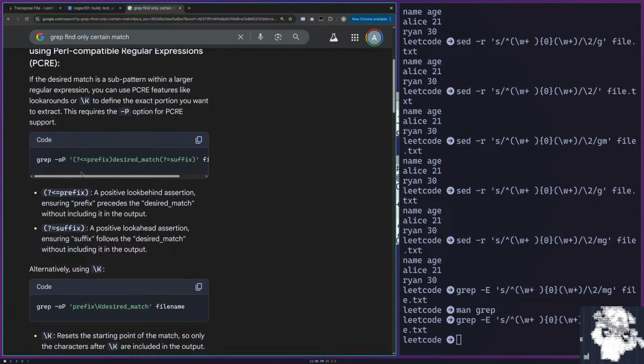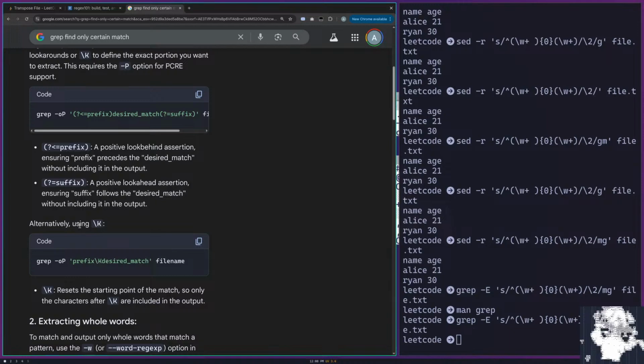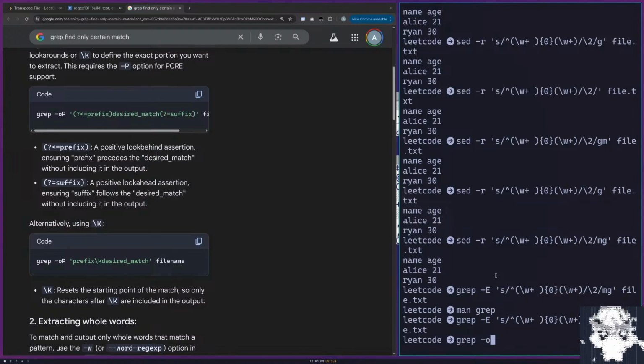Okay, so I can use a prefix. So grep -o -p. So -o is only, -p is prefix. And I also want E for extended syntax. My prefix is